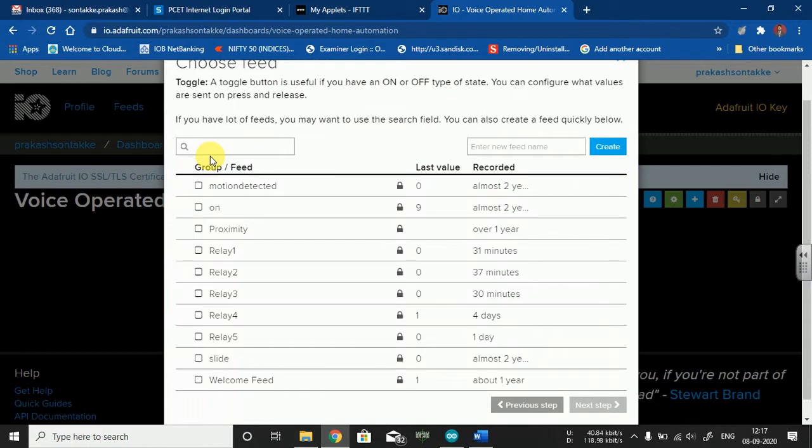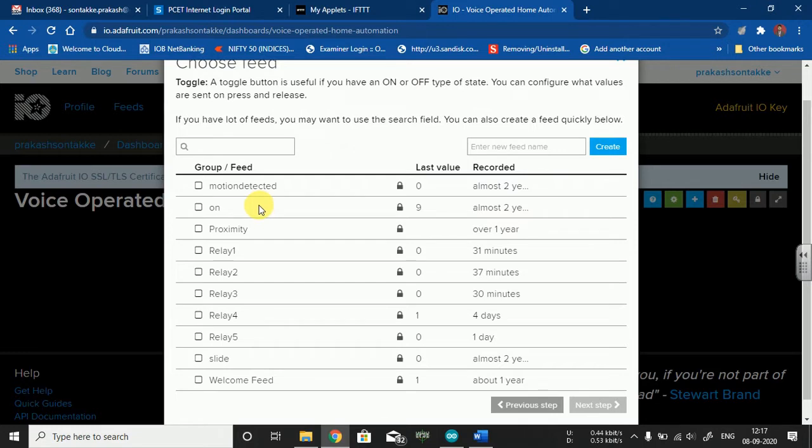Now click on it. Once you click it, you need to give the name of the feed. In your code we require this particular name of the feed, and you can give any name, but that name should be reflected in your respective code that we are going to upload in your Node MCU.